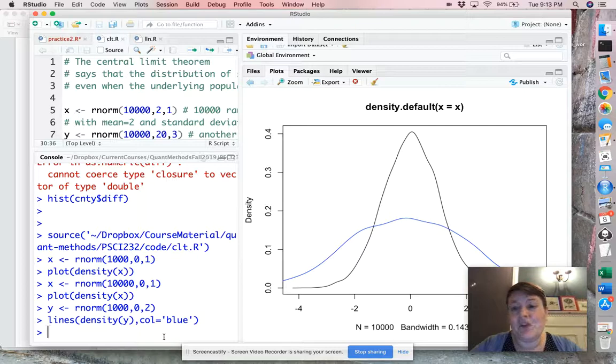There it is. So as you can see, same mean, right? Same, and in a normal curve, the mean, the median, and the mode are the same because it's perfectly symmetrical. Same mean, same center, but much wider spread. So roughly speaking, a normal curve is a bell-shaped curve that is described by its mean or